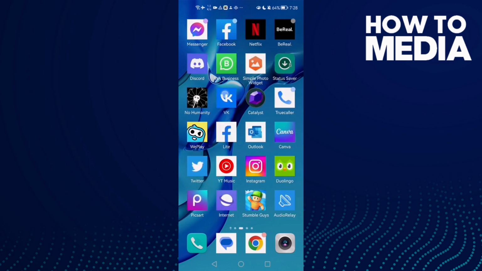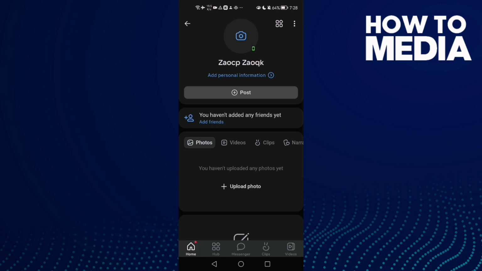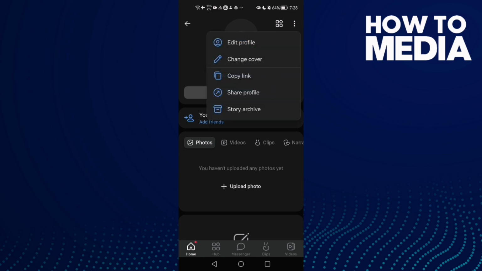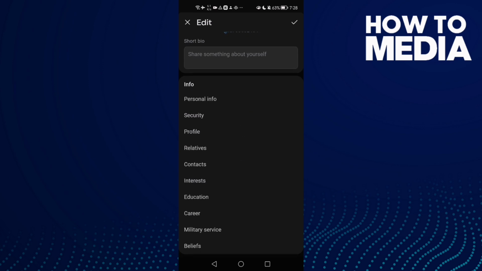First open VK, and now once you're here, click on your profile in the top corner, and then click the 3 points here, and now click edit profile, and then scroll all the way down until you find personal info. Click on it,